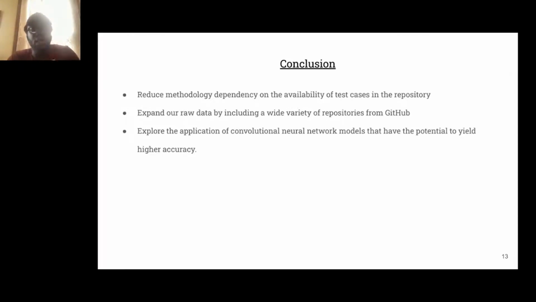First, we acknowledge that the code base needs to have significant and carefully placed unit, system and integration test cases for our system to collect timing data from. Hence, we want to reduce our methodology's dependence on the availability of those test cases in the repo. Second, we plan to expand our raw data by including a wide variety of repositories from GitHub. Third, we intend to explore the application of deep neural networks that have a potential to yield higher accuracy, specifically